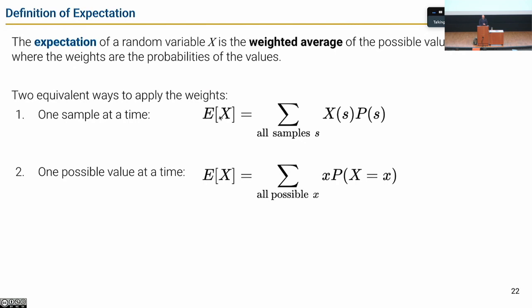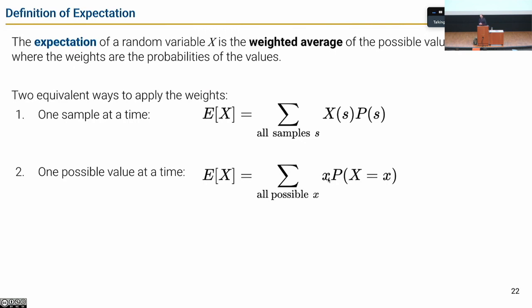So there's two ways to write this. One is to say, for all possible outcomes that I could observe, the probability of that outcome times the value of x for that outcome. So all possible ways I could sample students, the probability of that set of 3 students arriving, and then the function on that set of 3 students. We typically don't write expectations this way. We often use this form of the expression. This is saying for all possible outputs of the random variable, so the full range of that random variable,